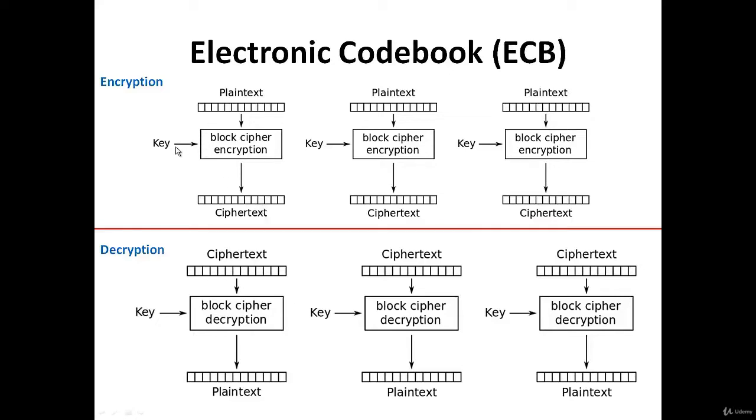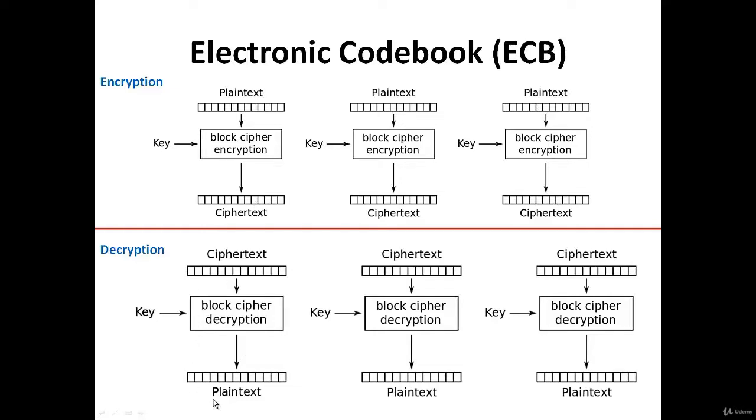Here what happens is the key is inserted along with the plain text, and one block of the plain text is encrypted in one go. If the plain text is very long, then it is broken into n pieces, and each piece of the size of the key goes into the block cipher, and a corresponding ciphertext of the same size is generated. So the large information n is broken into three parts, n by 3, n by 3, n by 3, and each part generates a corresponding ciphertext.